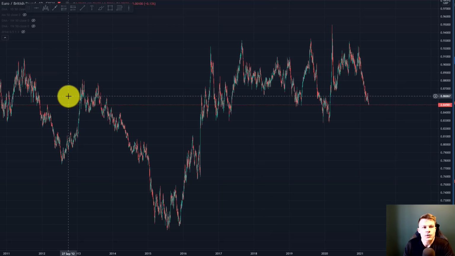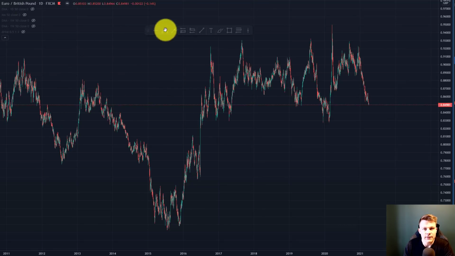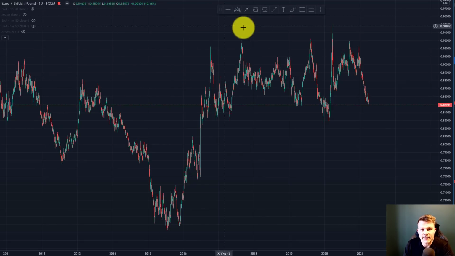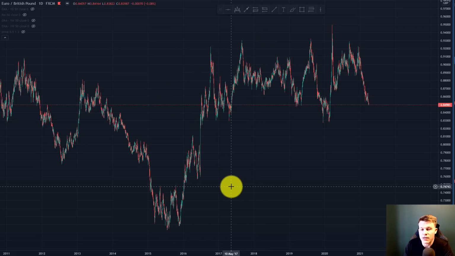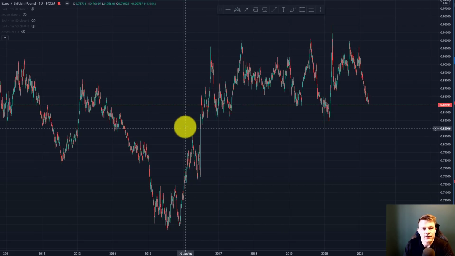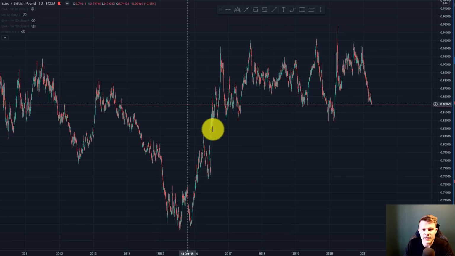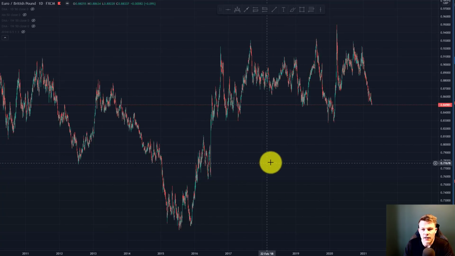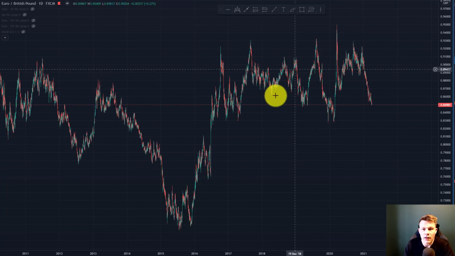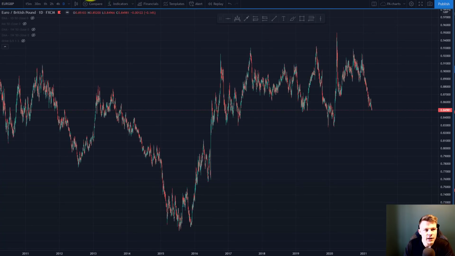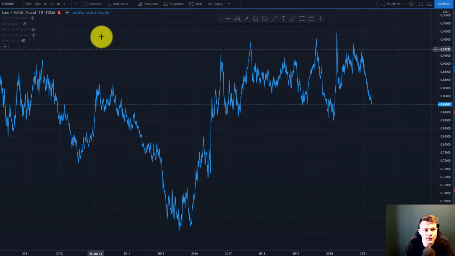So when we go to find support and resistance levels, I like to start on the higher time frames and then we go to the lower time frames to fine tune it. However, especially if you're a new trader, it's very easy to get lost, or to not even be able to find support resistance levels. So what I usually recommend, especially if you're new, is to switch to line graph. And in TradingView, that's very easy. You go here next to the time frames, you have your line graph,